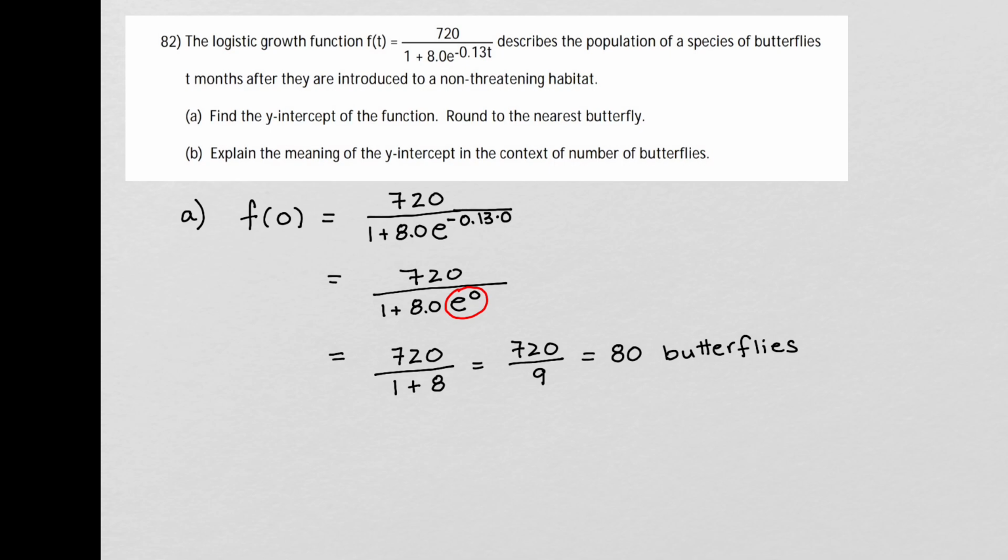Now in part B, it asks me to explain the meaning of the y-intercept in the context of the number of butterflies. So, the growth function describes the population after t months. So, the y-intercept is going to be